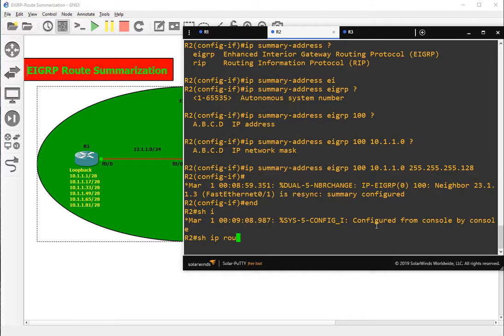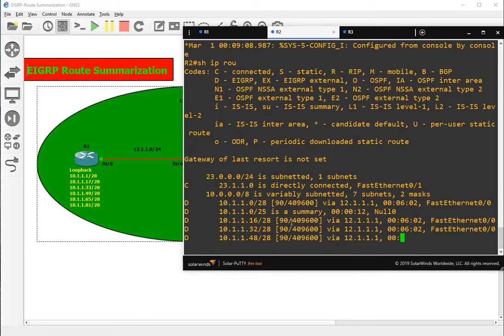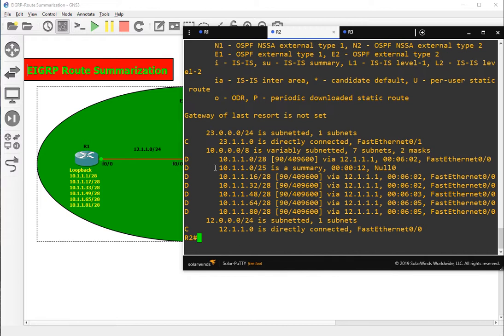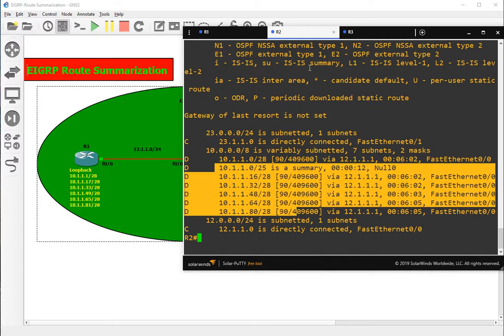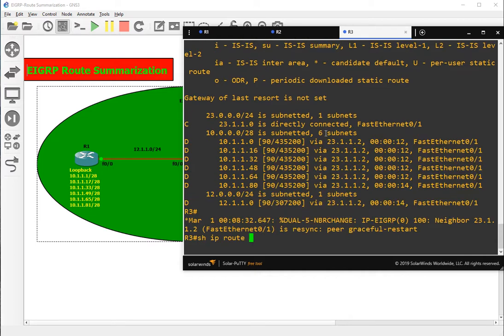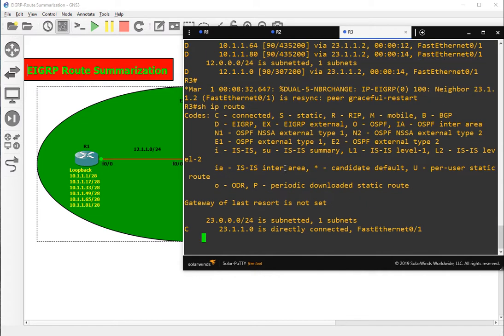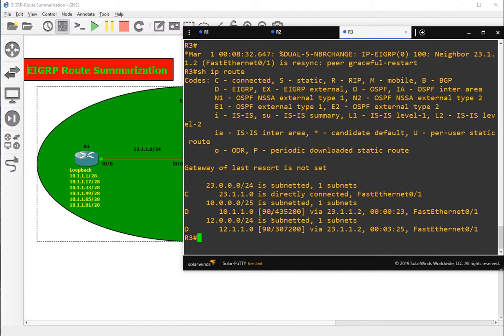Okay, show IP route. Here all the routes will be coming individually, but R2 further will send the addresses in summary form. So let's go to R3 and see show IP route. Here we can see that it is getting 10 network routes in summary form. We can see that the subnet mask here is /25.